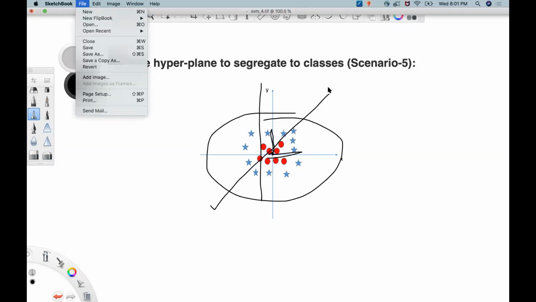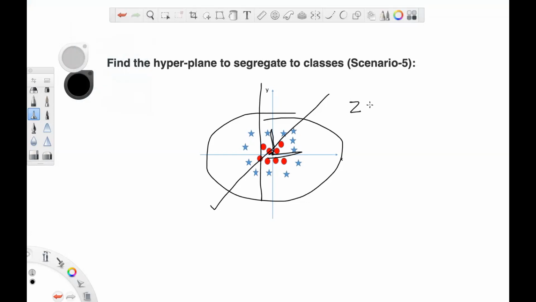But at that scale we will have z square equals x square plus y square, a simple mathematical formula. Here we consider z as an independent axis, just like x and y are two axes.